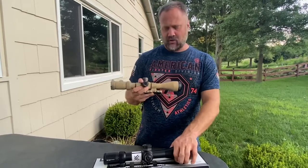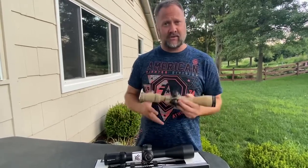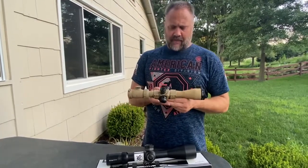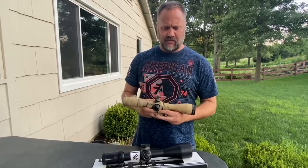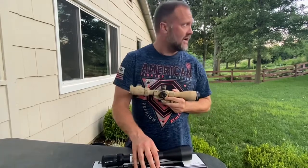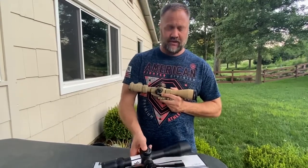I'm not an expert on optics or scopes. Obviously the quality of the glass and being able to handle dropping and all that, I'm sure both of these scopes haven't been bashed on the ground like some guys do in reviews, and I'm not going to, but I can tell you right now, if I dropped either of these scopes, they would both still function and probably hold a zero. But when you're going to have something that's marked up that much more, if the Vortex had the lifetime warranty and the Athlon did not, I would probably stick with this scope. However, the fact that there's no difference at all, I'm going to return this, and I'm actually